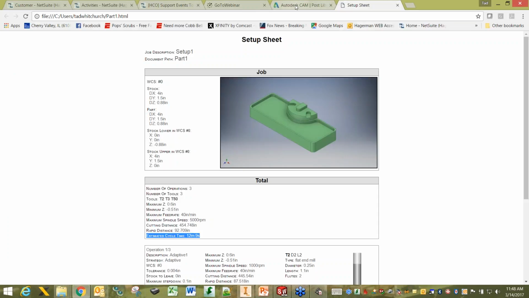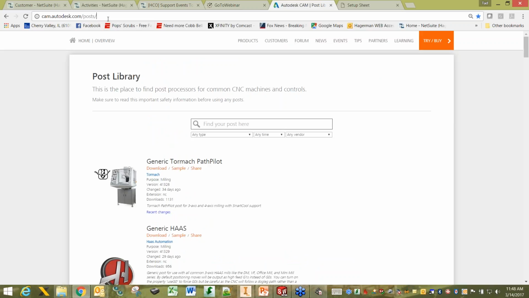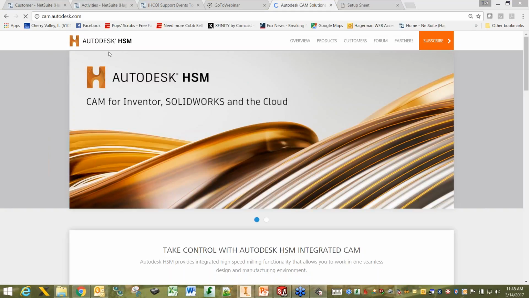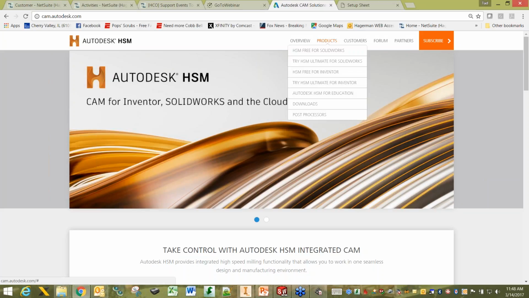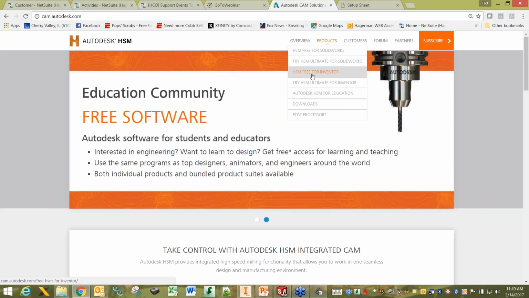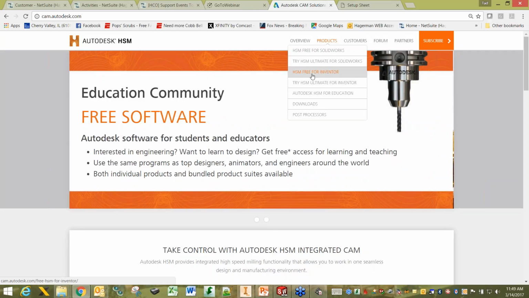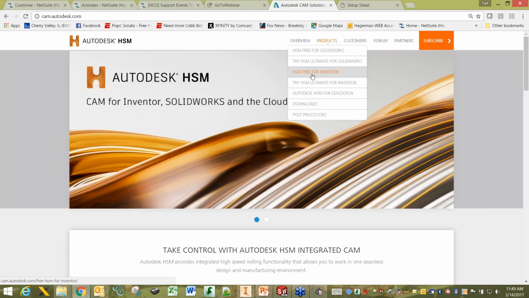If we go back to a web browser here, I'm just going to go to cam.autodesk.com. A lot of times I just search Inventor HSM. I've got all these windows on the screen here, so bear with me. So you go to cam.autodesk.com. You have the products here that are available to you. There is a free HSM version. It just does 2.5 milling. It doesn't do turning or anything like that. But if you go to the download links,